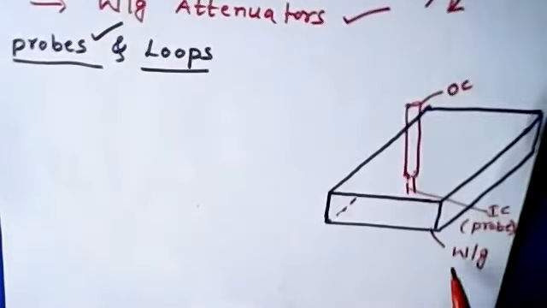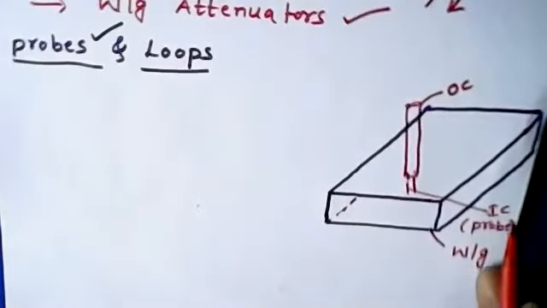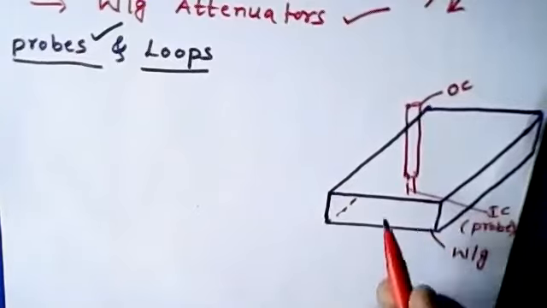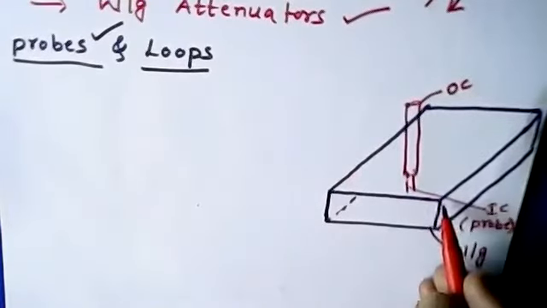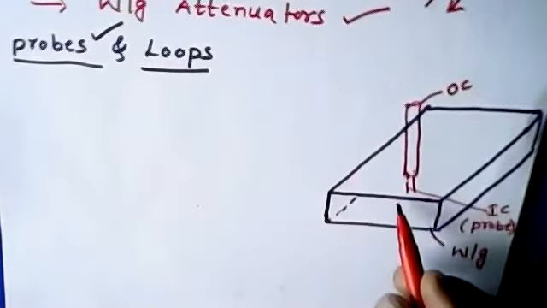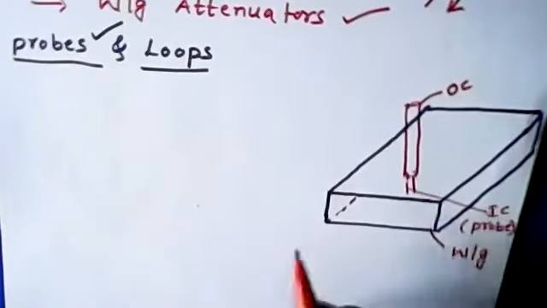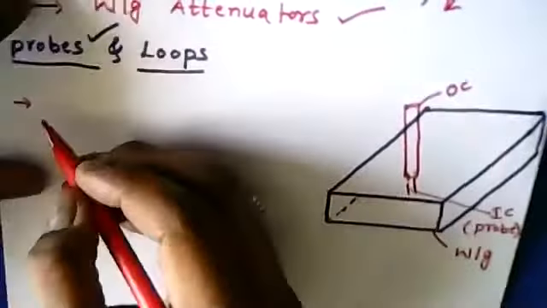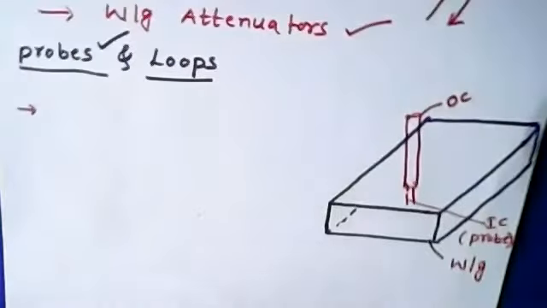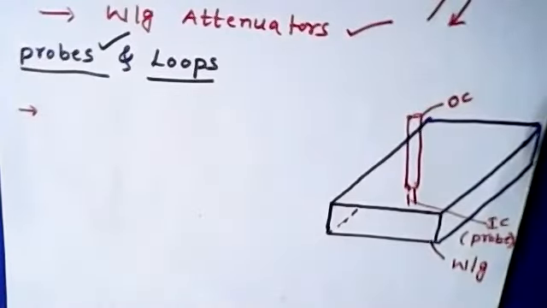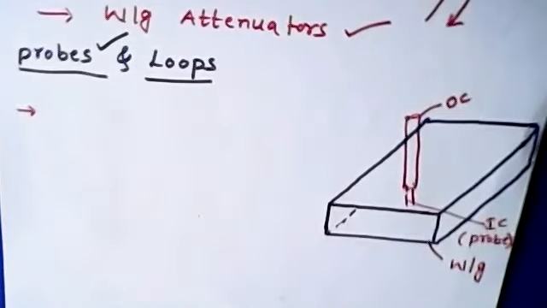And now here, this will be acting as a probe. Now this is the construction of the probe. Let me explain where it is to be connected and why it is being connected in this particular case. Okay. Now the first condition: the probe should be placed, and let me explain why it is placed that way.